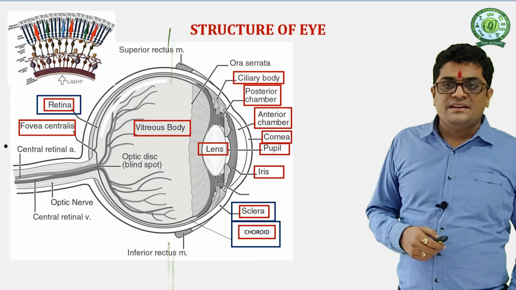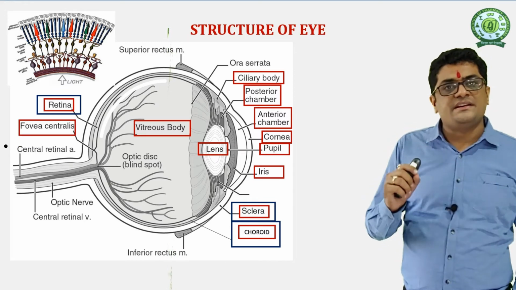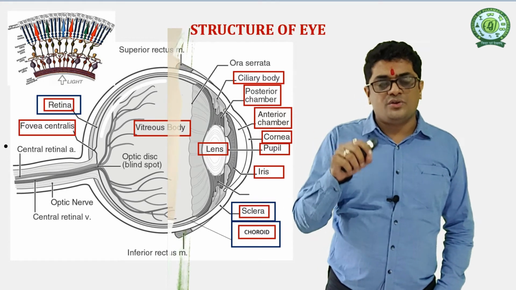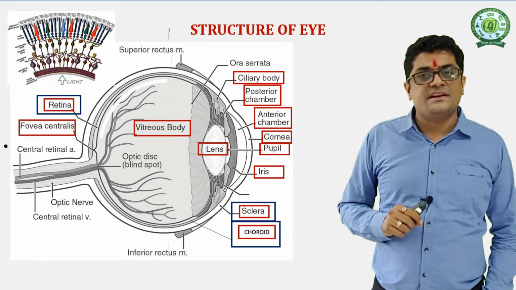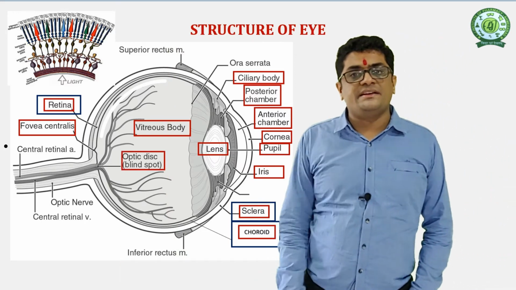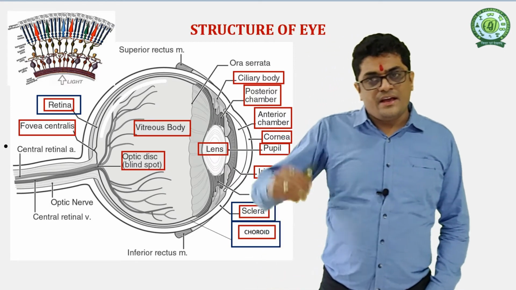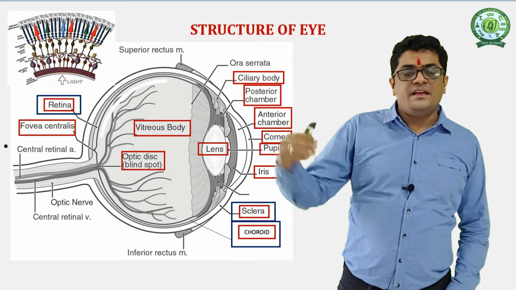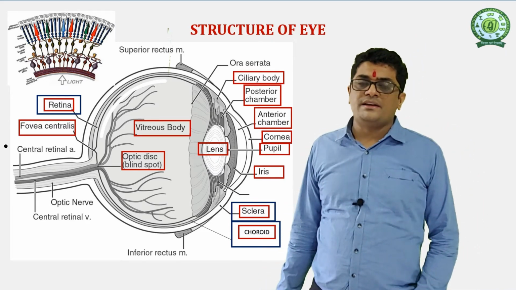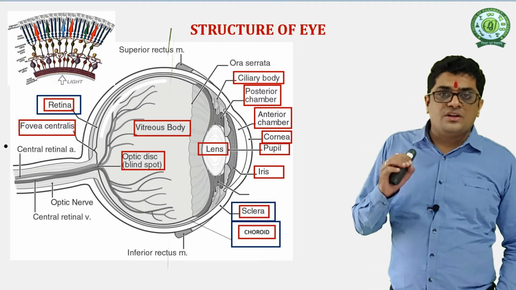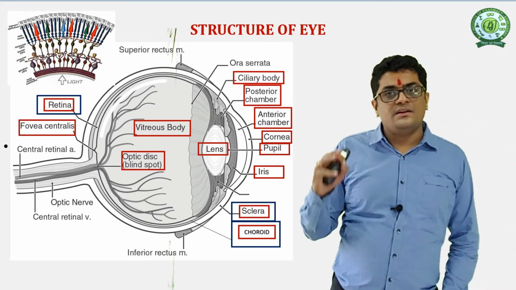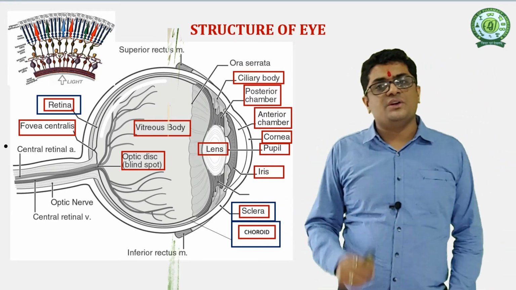Next is the fovea centralis. The fovea centralis is the part of the retina where only cone cells are present, rod cells are absent. And this fovea centralis is known as the yellow spot. The second one is the optic disc or the optic part, the part from where all the optic nerves come out from the eye. It is also known as the blind spot. Why is it called the blind spot? Because the rod cells and the cone cells are absent there. So if the light is focused on this point of the optic disc, the vision is not clear.